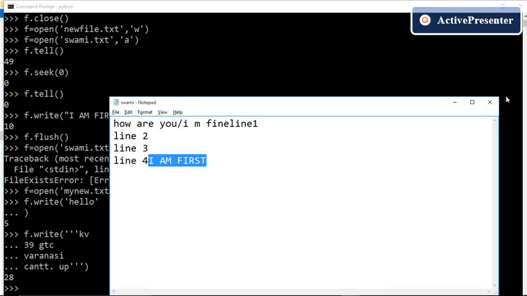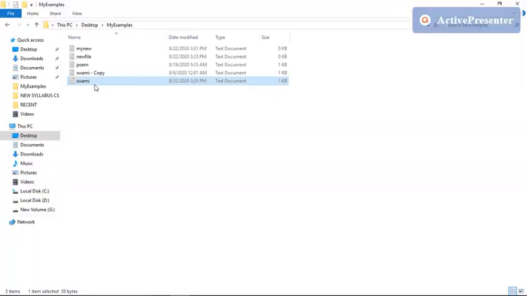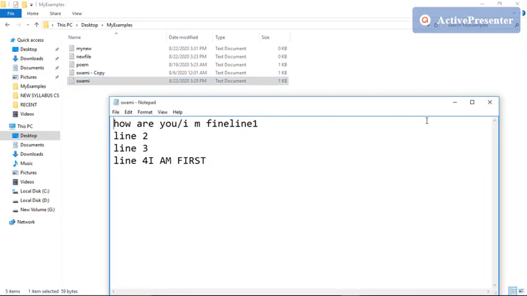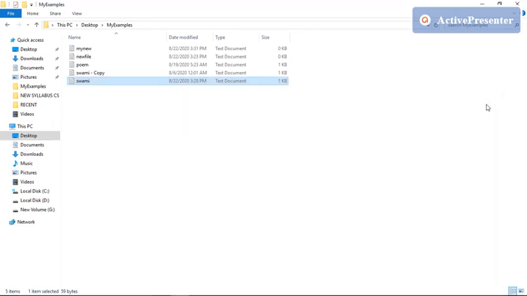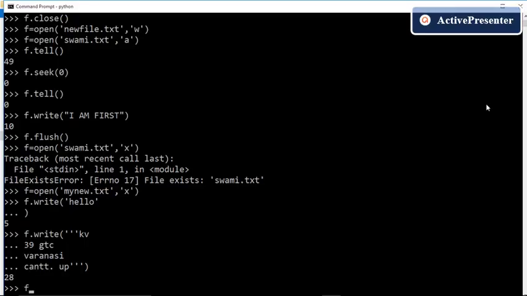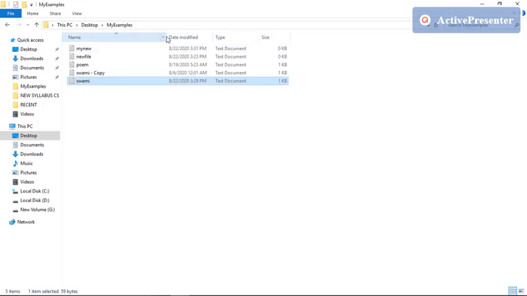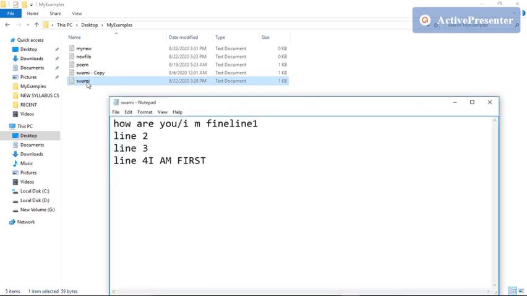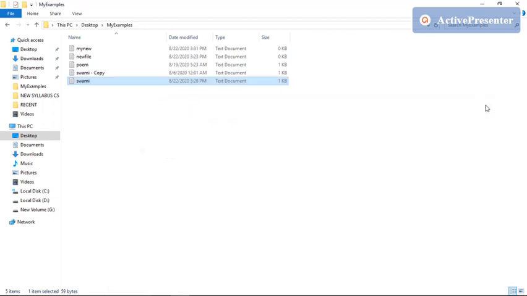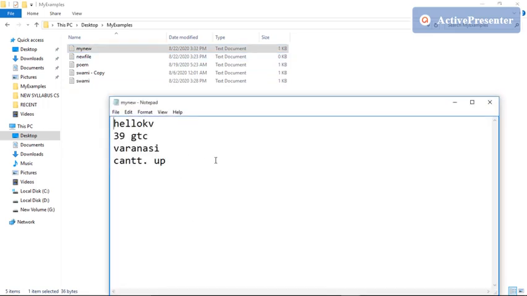I close the file and reopen the file, and we can see that content is not reflected. Again the same reason, let us flush the content. After flushing the content, let us check. Okay, we can see that we have actually created a new file, my new file, and the content is reflected in it.